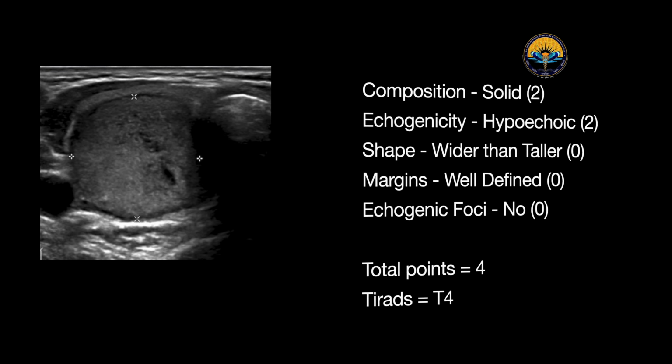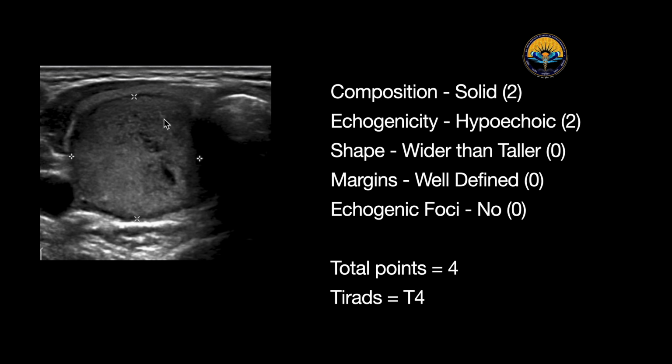Coming to the next example, pause and try for yourself, and now I will practice. So this was again a solid lesion, so we need to characterize it, and we can see this is hypoechoic as compared to the surrounding tissue. So yes, it was hypoechoic. This was muscle, so you should not compare it with this. These are the normal thyroid tissue, so compare it with this. So this is normal thyroid, and the lesion is hypoechoic, and it's not very hypoechoic as compared to the surrounding muscles.